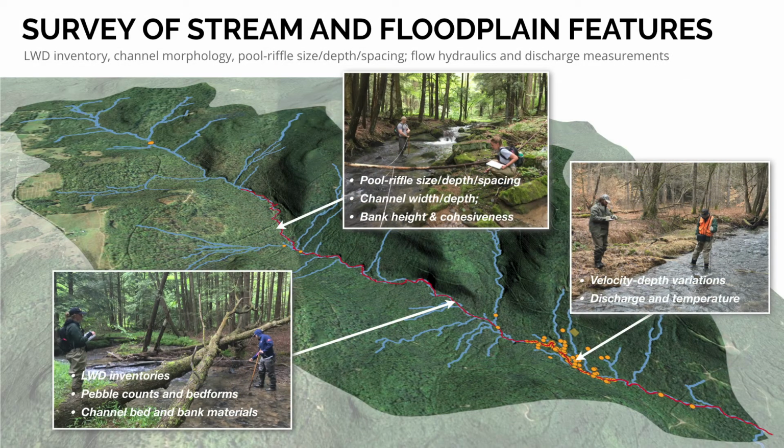A detailed survey of stream and floodplain features was conducted along a 6.8 kilometer length of the channel, shown by the red line in this aerial view looking north across the axis of the valley. The survey included mapping the thalweg of the stream, inventorying large woody debris that spanned the channel, describing bed forms and width-depth ratios, measuring the dimensions of the pool and riffle and run and glide and cascades, and conducting pebble counts, as well as